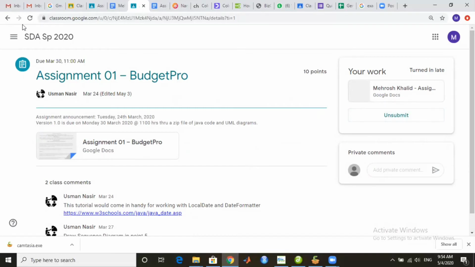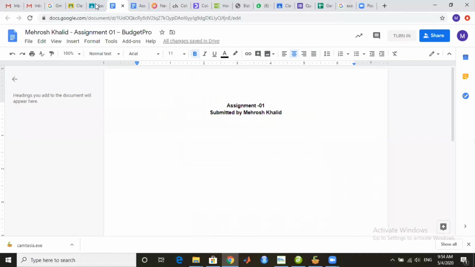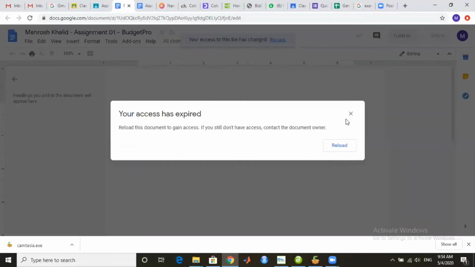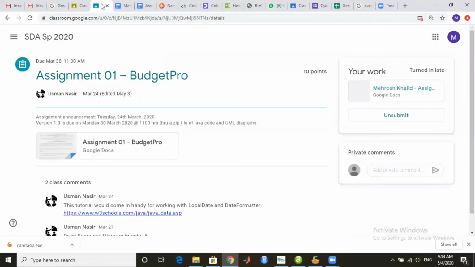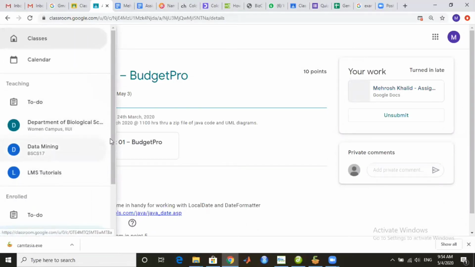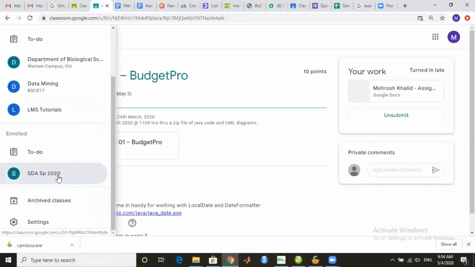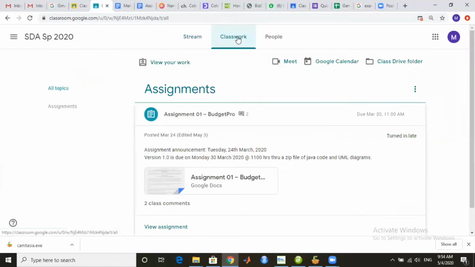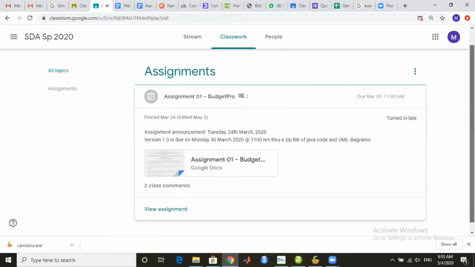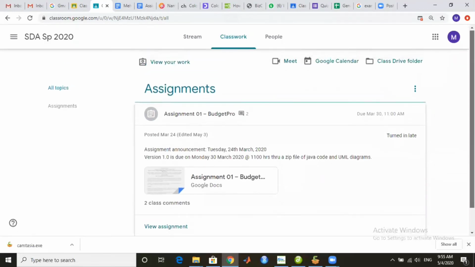Now, coming back towards my classroom homepage. Now here it has been written that turned in late, because I have submitted after the due date.